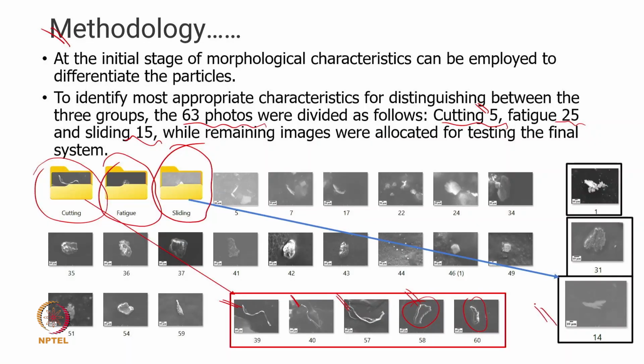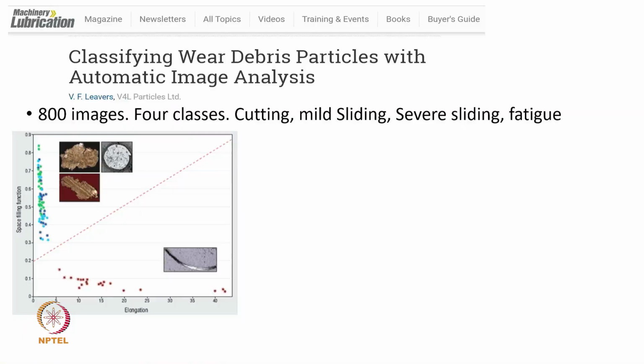However, once we train, we can say this is a sliding particle, this is a sliding particle, and this is also a sliding particle. It can be arranged. So we need to go ahead with some sort of methodology, some sort of arrangement, so the overall results are good. Now I'm referring to one article which has been published in Machinery Lubrication,